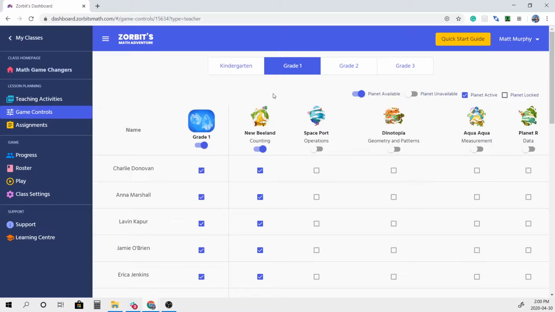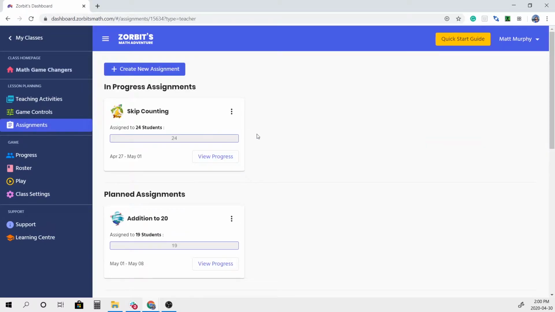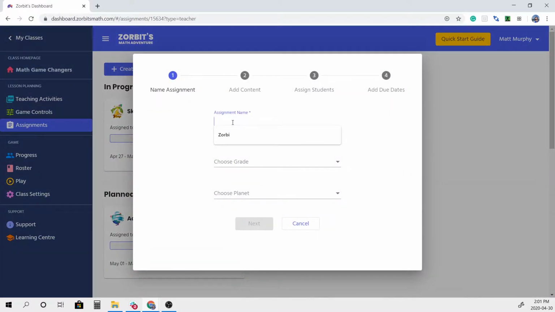But we can deliver some content that's even more targeted than that. We're going to come into our assignments area, and this is where we can create tailored in-game missions that are custom made and focus on hand-picked math concepts. To create that assignment, we simply click Create New Assignment. We're going to do counting backwards,